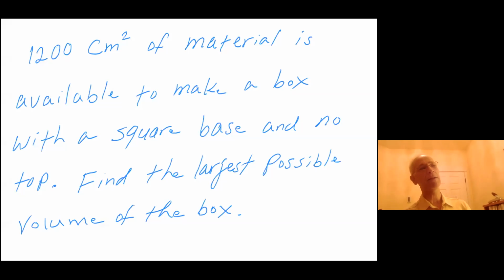Math 151, let's do a problem on optimization. 1200 centimeters squared of material is available to make a box with square base and no top. Find the largest possible volume of the box. So let's first of all do